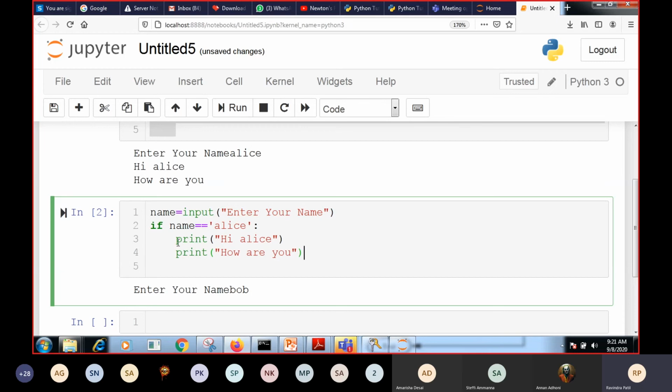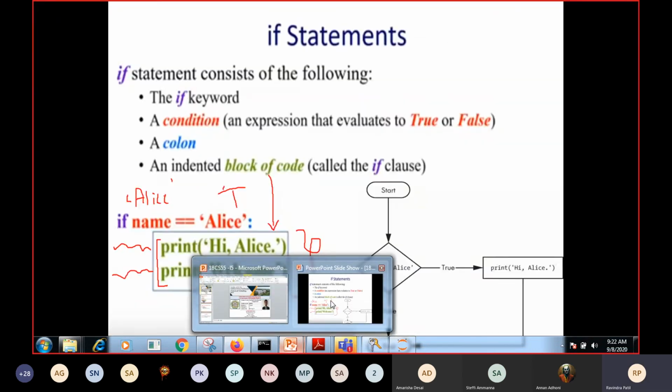The idea behind a simple if is that we execute a set of statements only when a particular condition evaluates to true. If the condition evaluates to false, we are not going to display any messages. I hope this concept is clear. Now we'll move to the next concept.